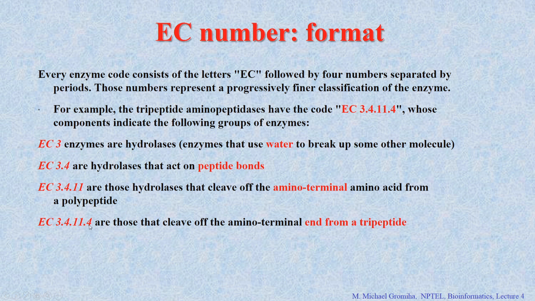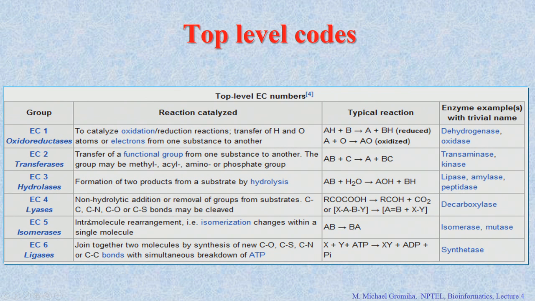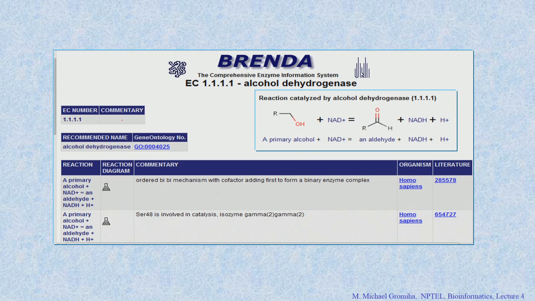And the last classification you here 3.4.11.4, these are hydrolases and they are acting on peptide bonds, at the N terminal, the amino terminal end of this tripeptide. So, this we give the number, then easily you can see the type of this specific enzyme. Now you can access this database, the Brenda database, and for example, I give information regarding EC 1.1.1.1, this